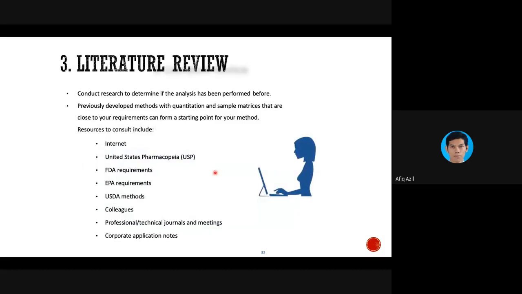Then after that, next step, like you're doing research, you have to do a literature review. But in pharmaceutical analysis, I would suggest the first thing that you do is to refer to pharmacopoeia, especially with active pharmaceutical ingredient. So always refer to pharmacopoeia first, like USP and BP. But the thing is, these two require a subscription, meaning that you have to purchase annually, and they will provide you with a very thick book.